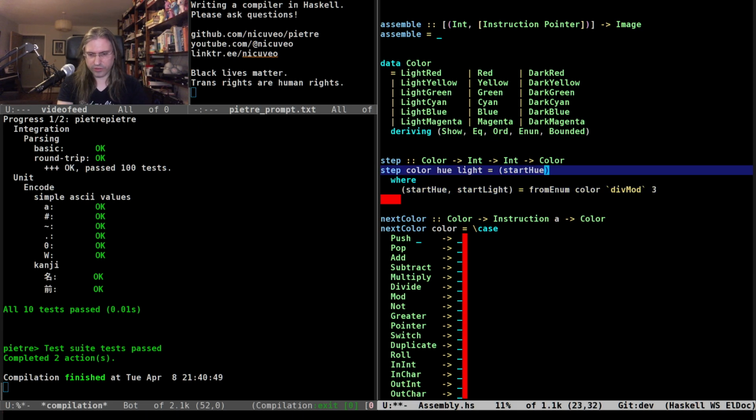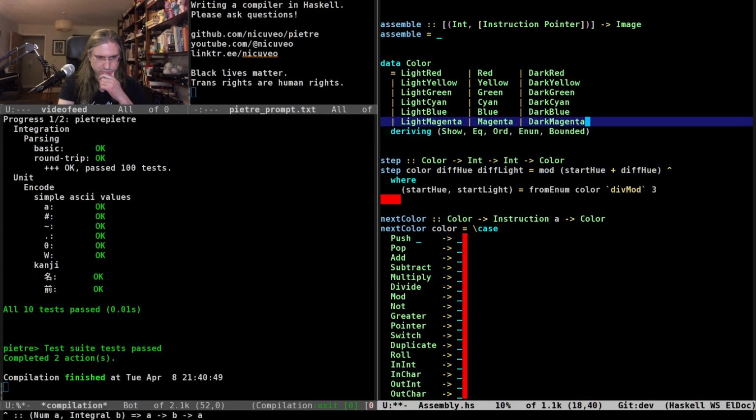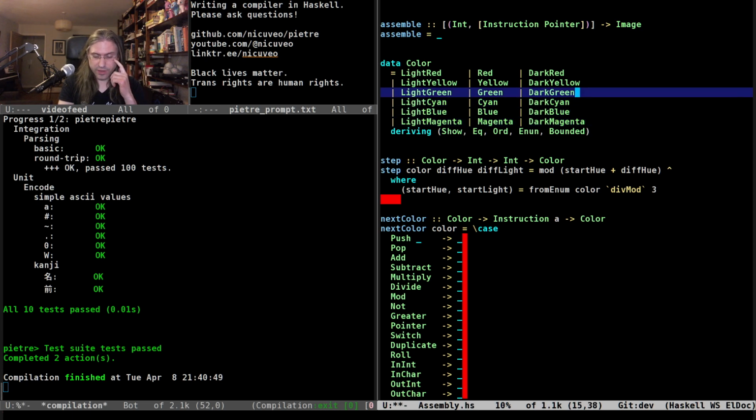So it's going to be the start hue plus the difference in terms of hue. And this is going to be modulo 6. So if we are on magenta and we're moving 2, we get 7. Yeah, we get back to yellow. That's correct, yeah.